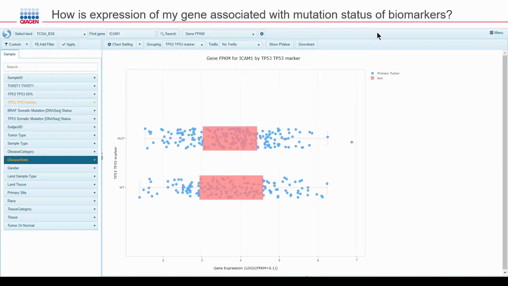In addition to looking at gene expression, you could also be interested in a marker or a mutation, and you want to know how it is expressed in the patient population you are interested in. In LandExplorer, powered by OmicsSoft team, you can use custom queries to generate a chart like this. Here, you can see how mutant and wild-type TP53 is expressed in colon cancer, and you can use this information